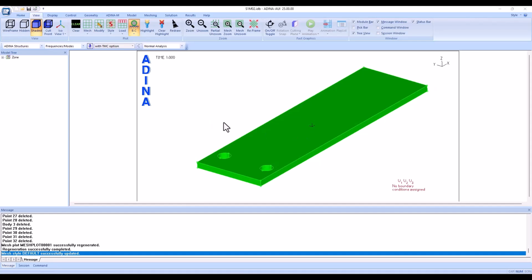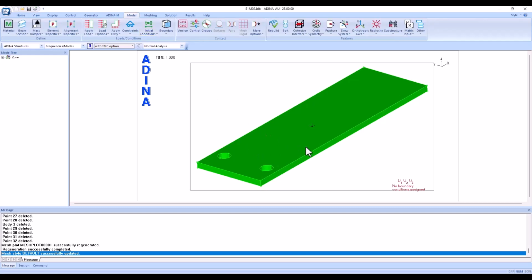Now that we have a geometry, we can proceed. We're going to apply supports at the inner faces of those 2 holes, and we're going to mesh the plate and give it some properties. So first of all, we're going to navigate to Model,